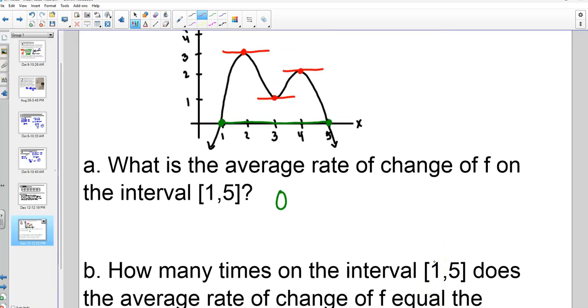Now, that will sort of lead into some of the things that we'll be doing next week, because a big part of this unit is going to be finding increasing, decreasing, maximums, minimums, all of those things. So, your assignment